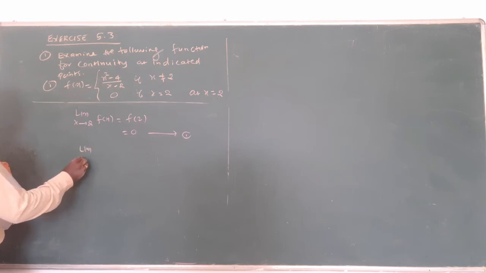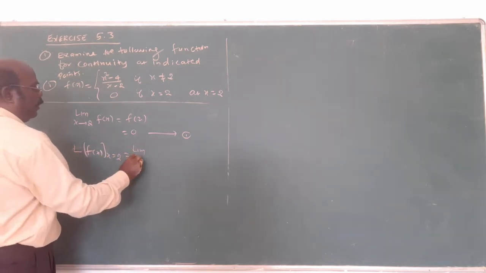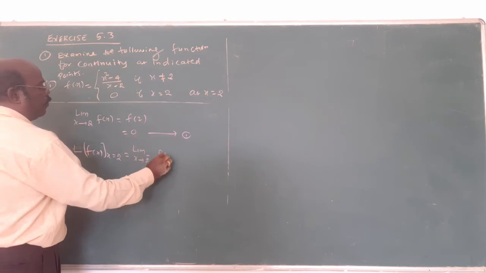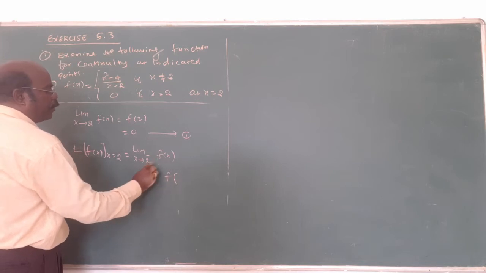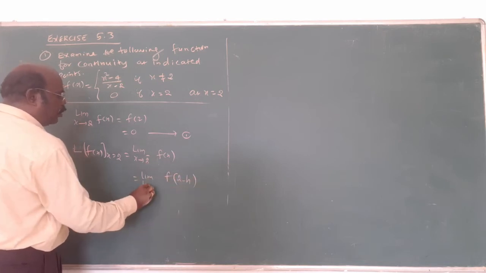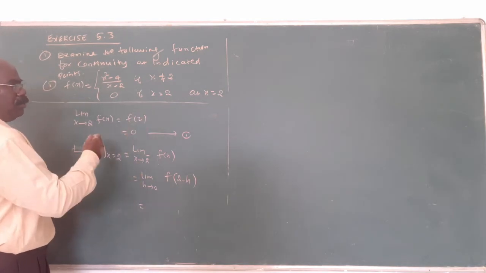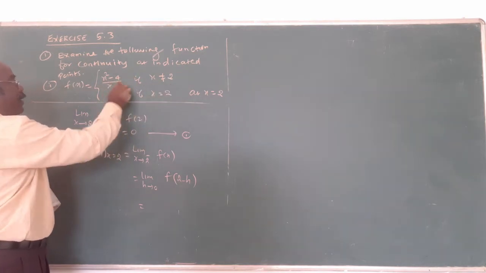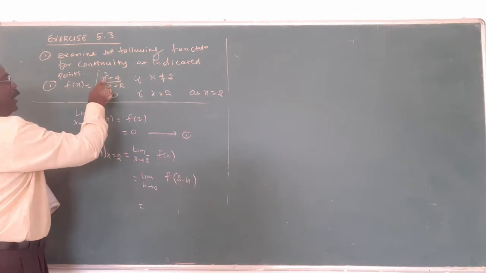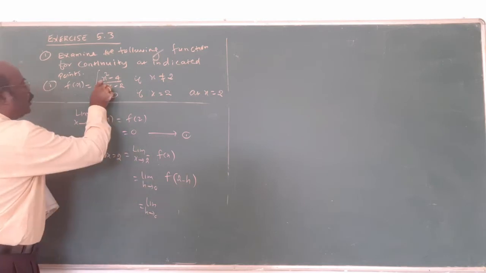What is the left limit? Left limit of f of x at x equal to 2 is asked. What is the formula? Limit x tends to 2 minus of f of x. Now what I told you: replace x by 2 minus h, where h tends to 0 automatically. Now, 2 minus means below 2. Below 2 and above 2 means x not equal to 2, so we use this f of x. Am I right? But replace x by 2 minus h here. Limit h tends to 0 of the x square minus 4.